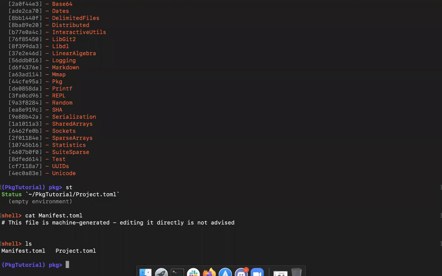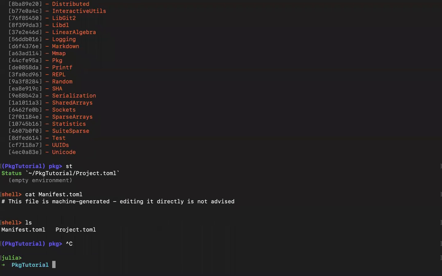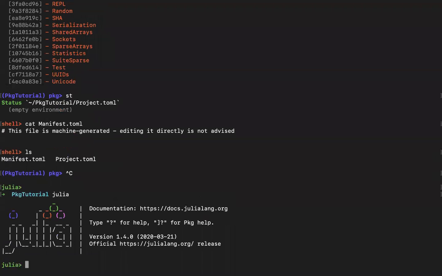Laksh was asking how to start the environment. I'll start it again. You can start Julia and press the closing square bracket button, I'm not sure about your layout.